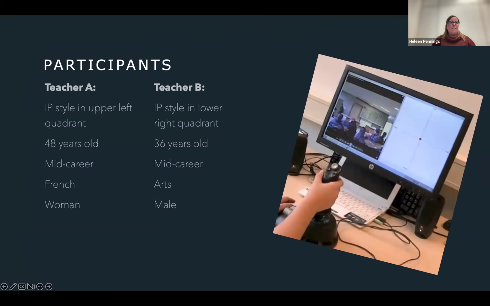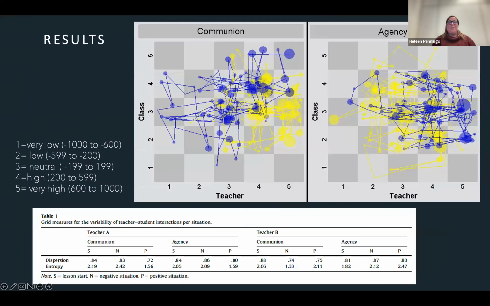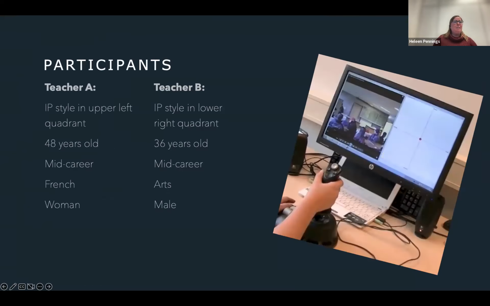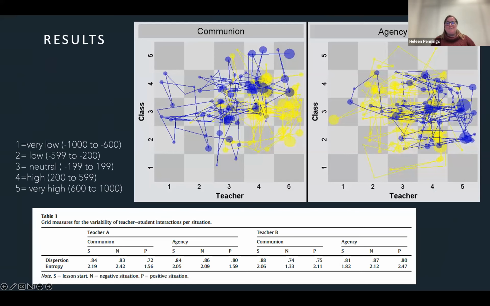Well, I already said this, 2 teachers with 2 different styles. And here's the example of the state space grid where I used colors to code the teachers. So the teacher with the less good relationship is the one in blue, and that's teacher A. And then the teacher with the better relationship with students is teacher B, which is presented in yellow.